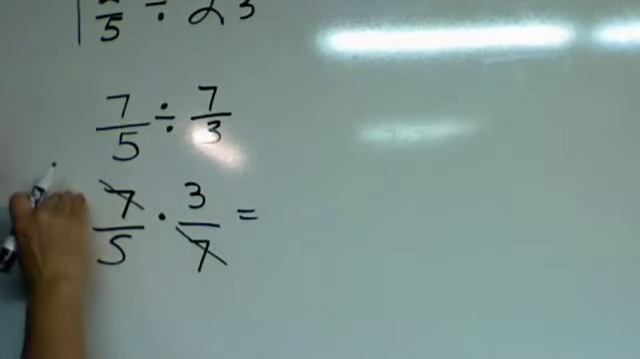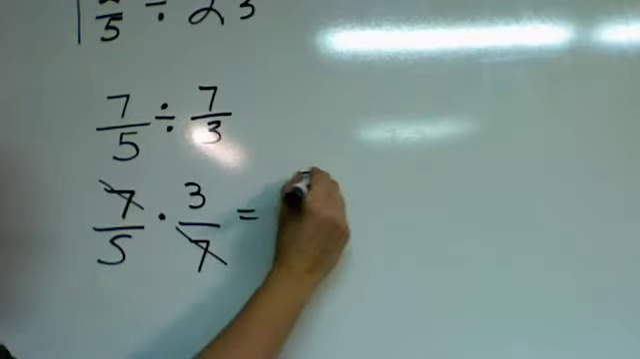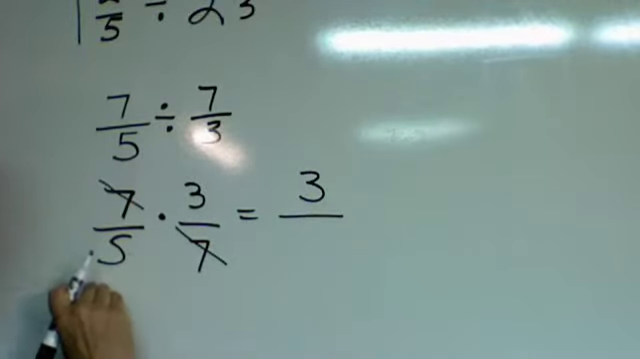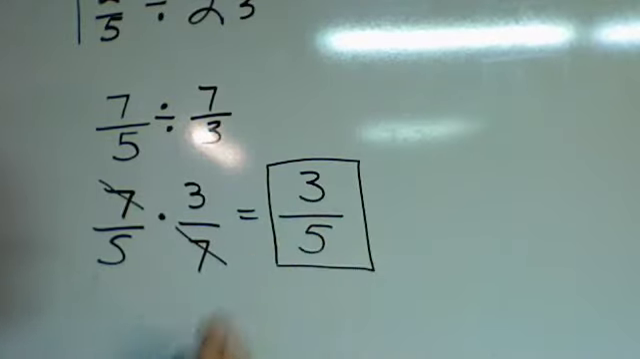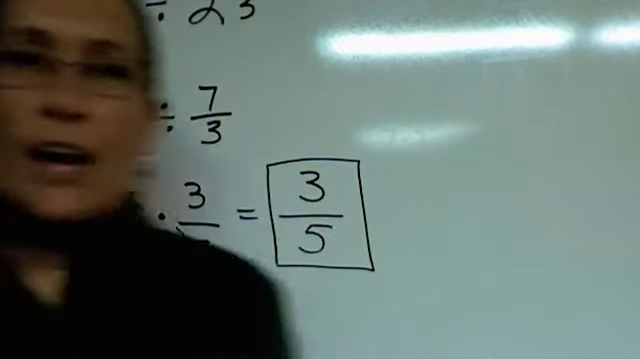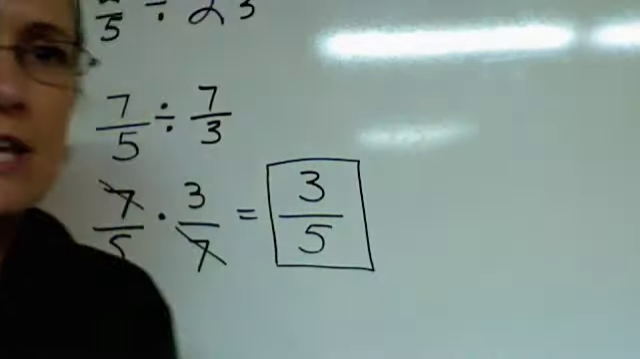And so now what I have, I look at my numerator straight across. I have a 3 in the numerator. I look at my denominator straight across. I have a 5 in the denominator. And 3/5 is my final answer. A lot of math is just rewriting problems into the form that you can